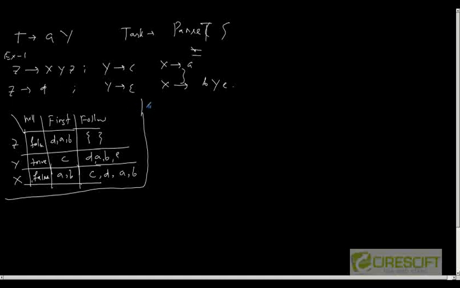a predictive parse table. That means we can predict correctly, based on the current function we are in, that means the current non-terminal we are in, and what will be my next input token. Okay, so the predictive parse table